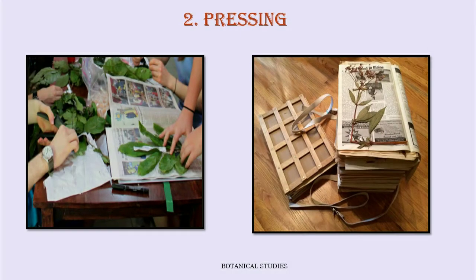Pressing. Remove soil from the collected specimen. Use a press with a pair of boards made from hardboard and cut to the same size as the drying paper. Place the plant specimen on the blotting paper. Then remove leaves and flowers of congested specimens to reduce the bulk without losing the characters of the plant. When all samples are included, cover with hardboard and place bricks or heavy objects. Apply pressure to keep the press tight.